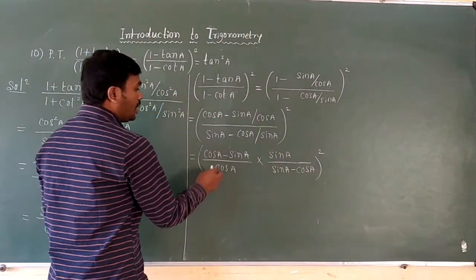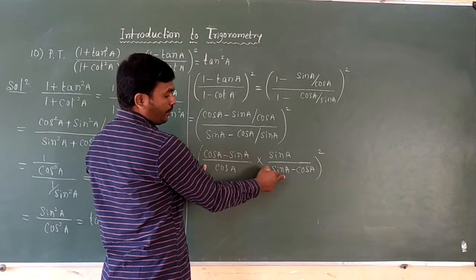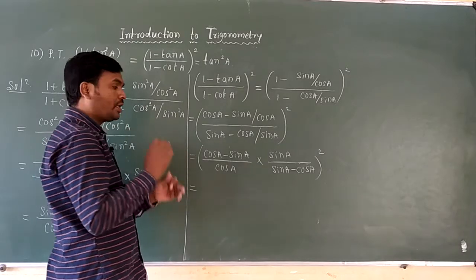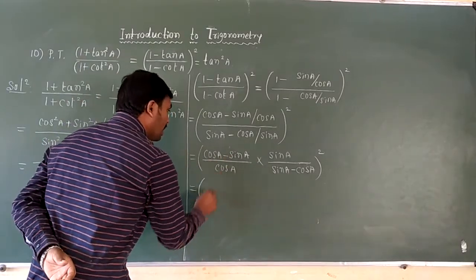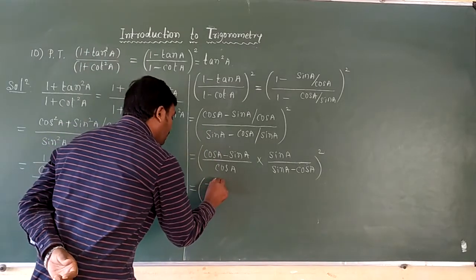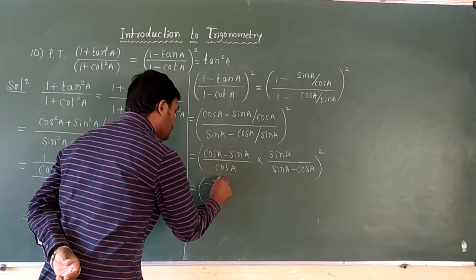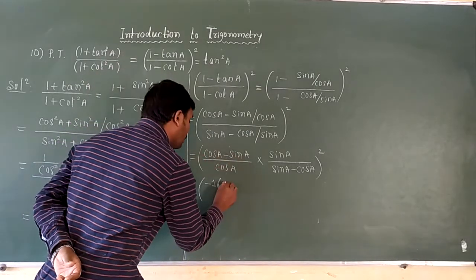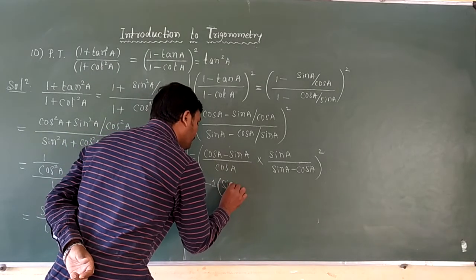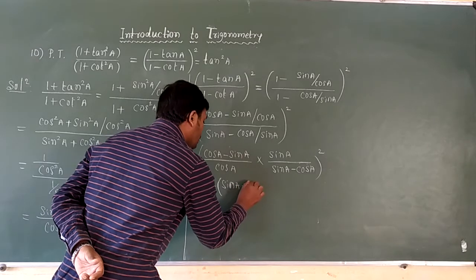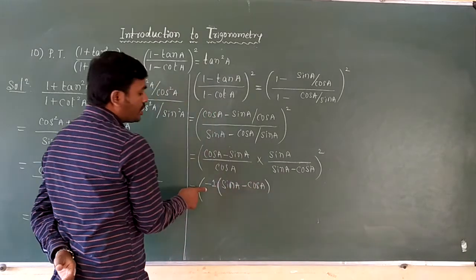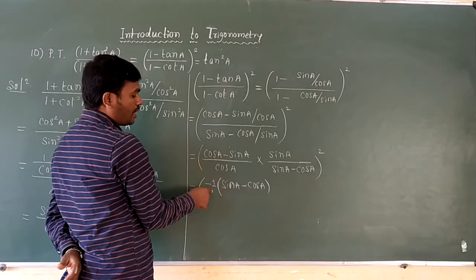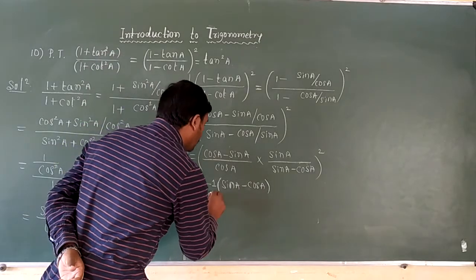So this is equals to, here both these two terms are different. Here it is cos A minus sin A, here it is sin A minus cos A. We have to make them into the same term. To make it the same term, here I will take minus 1 outside. If I take minus 1 common, what is left here? This cos becomes minus, so it should be plus. To make it plus, here we have to take sin A minus cos A. Again it gives the same term. Minus into plus is what? Minus sin A. Minus into minus is what? Plus cos A.